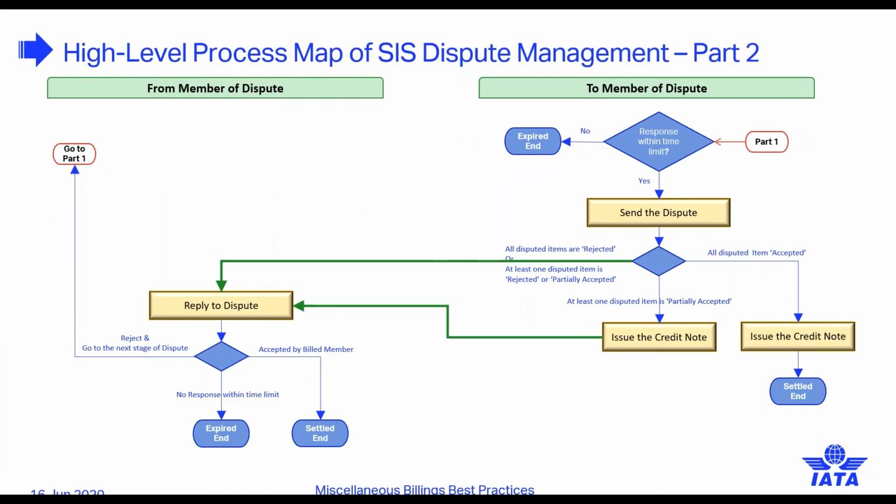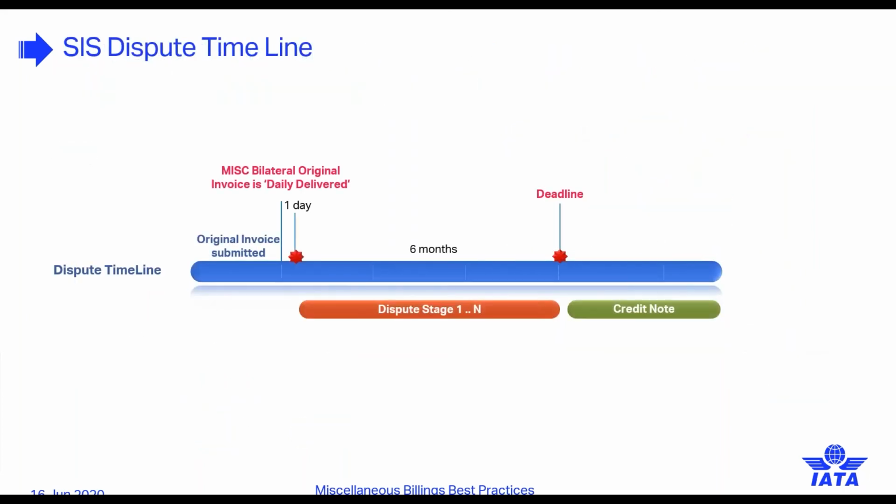So as you see, the dispute may go on back and forth between members until an agreement is reached, or one of the parties fails to respond to the dispute within the time limit, and then SIS will automatically close the expired dispute. In the next slide, we can see the time limit for the dispute, which is for bilateral invoices. After 1 day, they will be available for the billed member, and then they can raise a dispute on